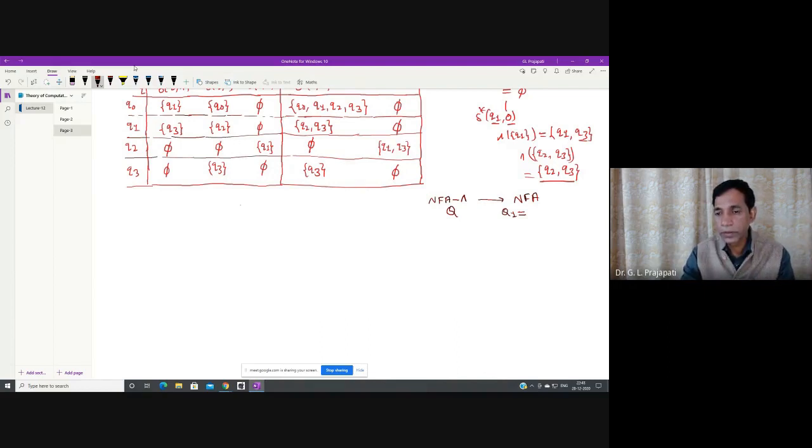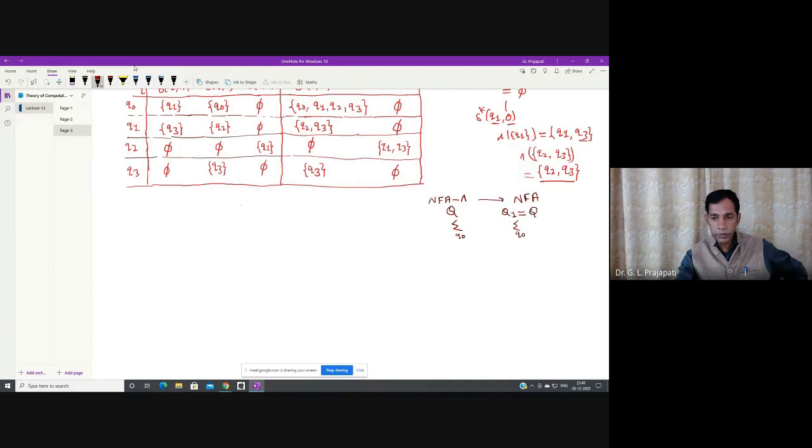Q1 is same as Q. So the same number of states behave in the NFA, and you know that sigma is the input alphabet, which is the same in both the cases. Q0 is the initial state of the NFA null, and here also Q0 is the initial state in the NFA. Here we have the accepting states,